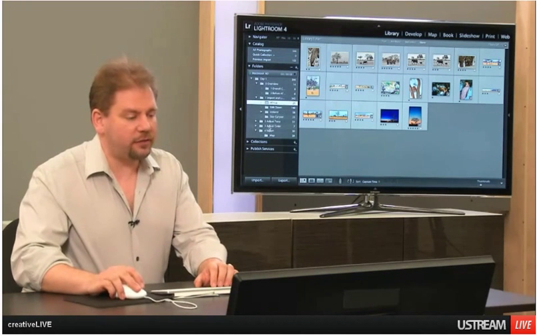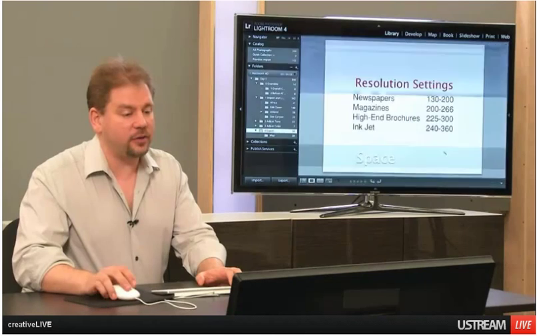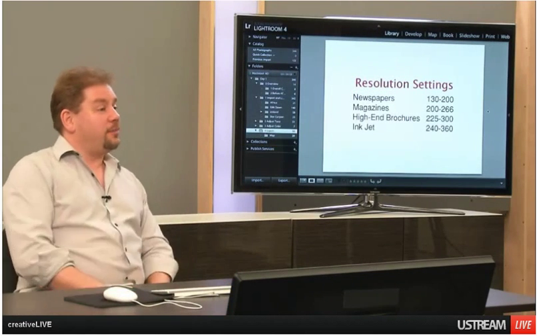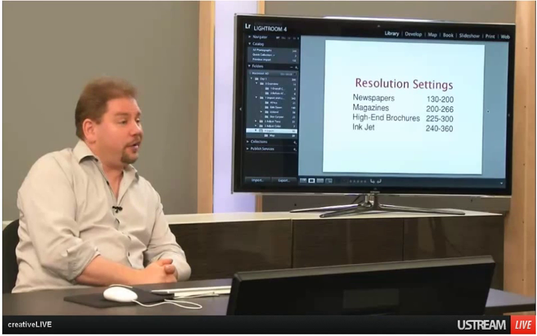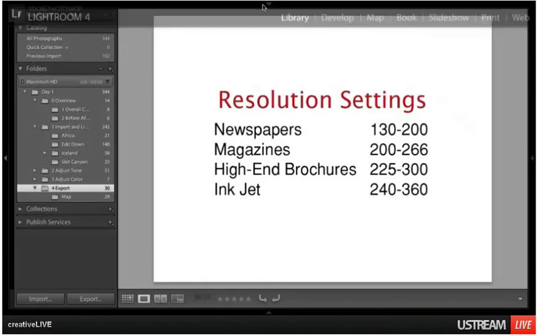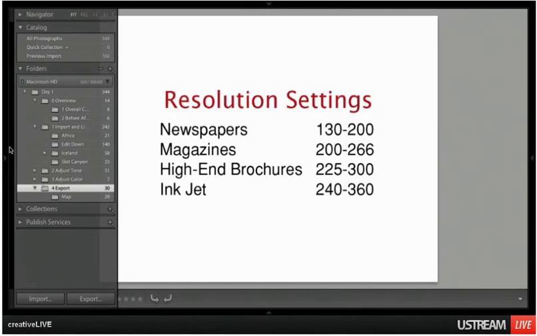Let me see if I can find the table I wanted to get to earlier. Okay. I mentioned when we were talking about exporting, I'd mentioned resolution. Here's a table of generic numbers for resolution. If you know about resolution and you know the resolution setting that